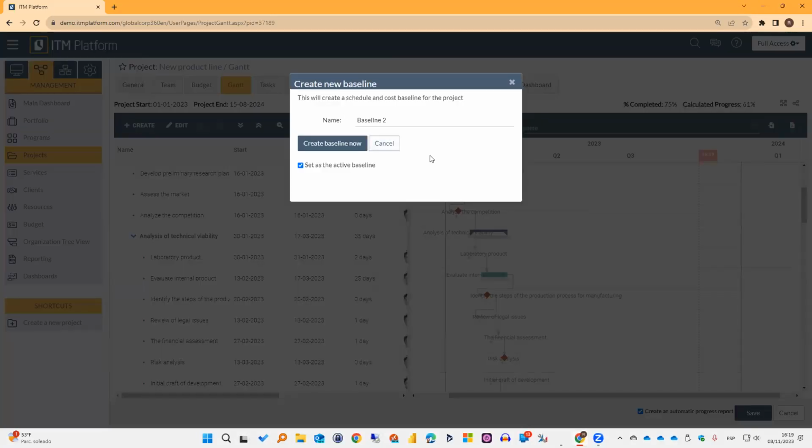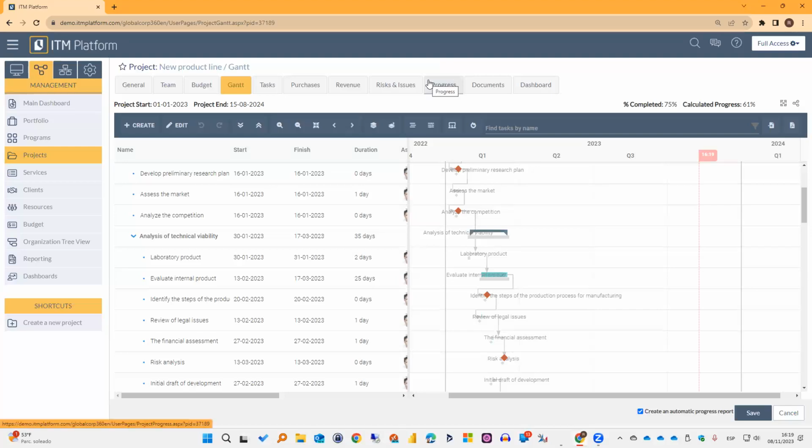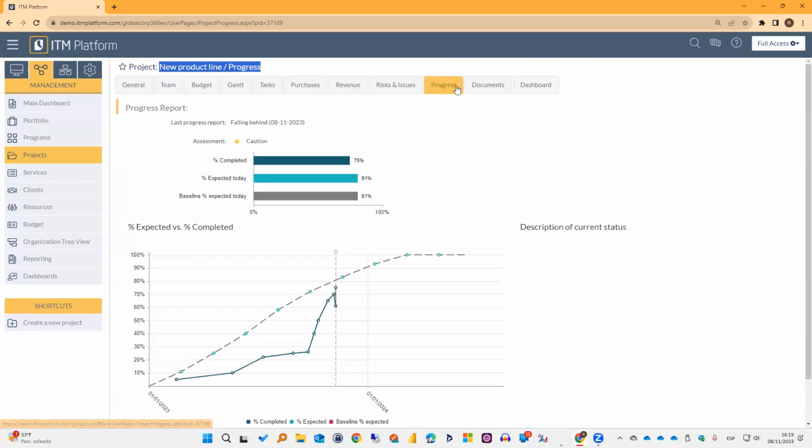What I don't like about this way is that I cannot see existing baselines, and maybe I want to do that. But it's perfectly fine to create it from here. Now, what changes in terms of the progress view is that now I have another value to compare to. I have the baseline % expected today. And these three values can be different. Maybe as of today, I should have been 90% done instead of 81. So that will depend on changes applied to my project plan,